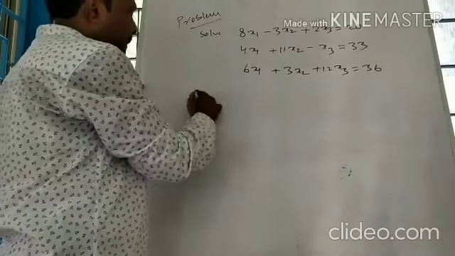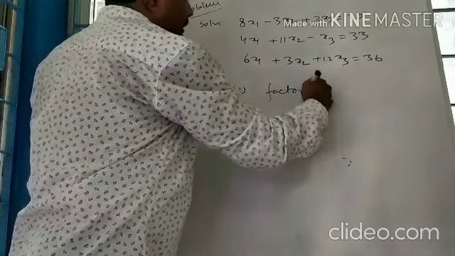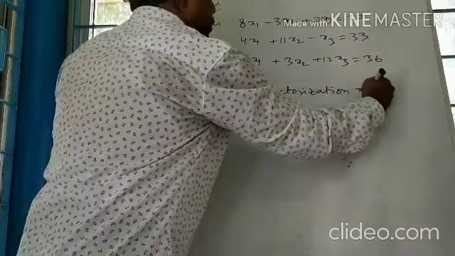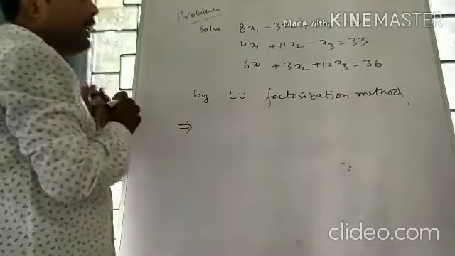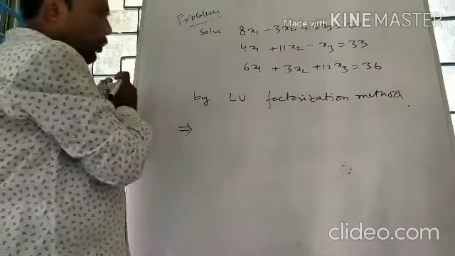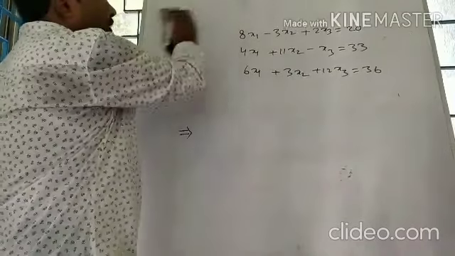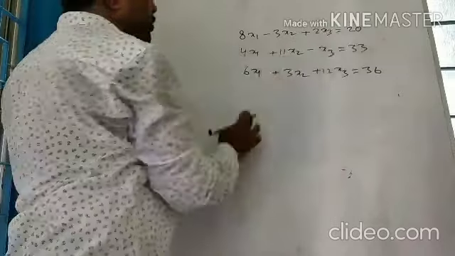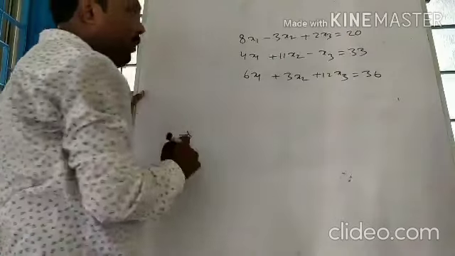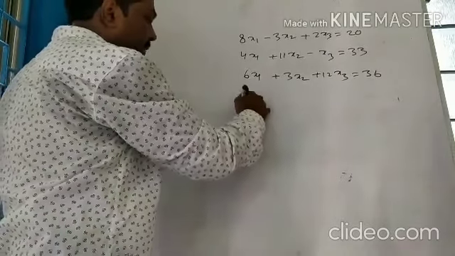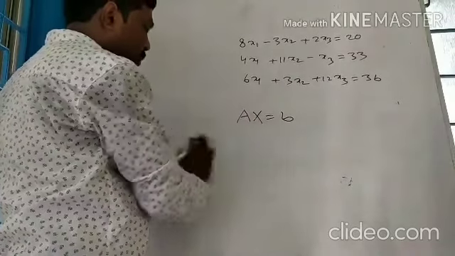Okay, by the LU factorization method. So you have to solve the system of equations using the LU factorization method. So the system of equations is 8x1 minus 3x2 plus 2x3 equals 20, 4x1 plus 11x2 minus x3 equals 33, 6x1 plus 3x2 plus 12x3 equals 36. This system of equations can be written as Ax equals B, where A